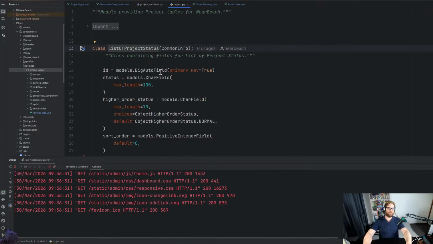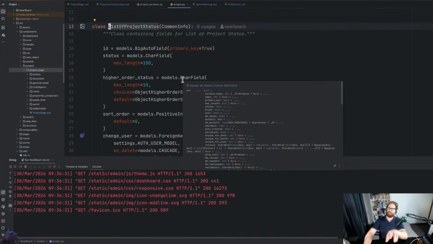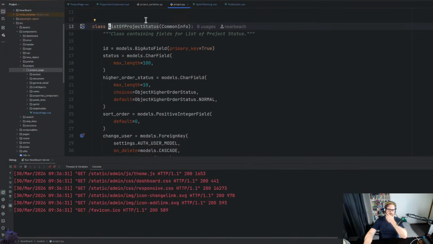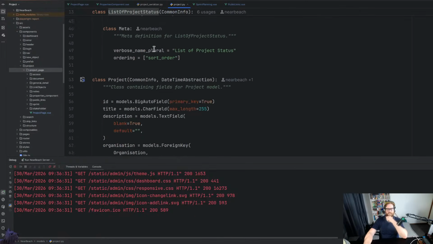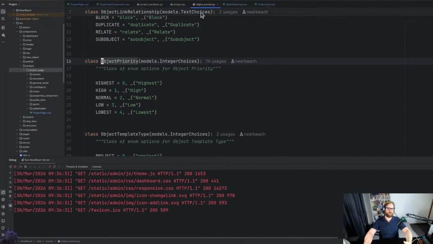So you've got the list, for example, list of project statuses. This will contain a list of statuses. The idea being, if someone translates this, they might include extra statuses or fewer statuses and so forth. Whereas the priority, for example, is an integer field and it's set on an object of priorities, which is set in stone. Now, there is one little problem we've got to figure out: how do we translate that? That is something we will have to translate at the Django side of things,